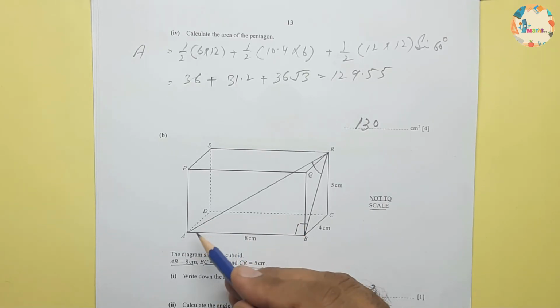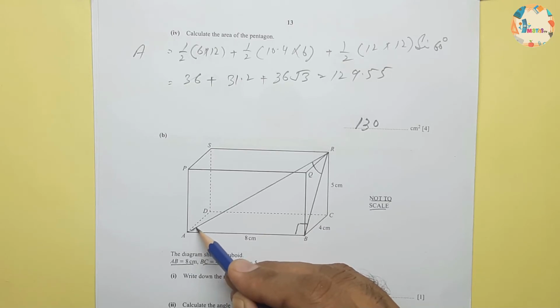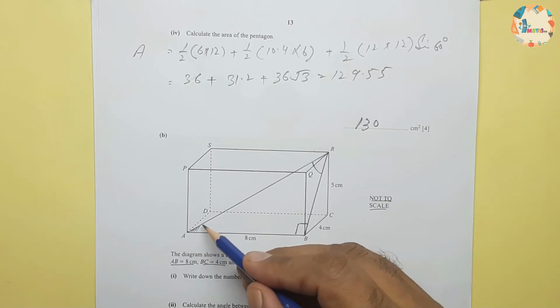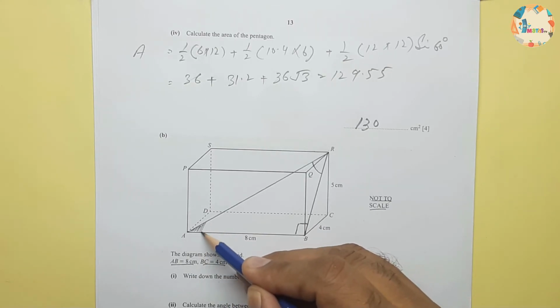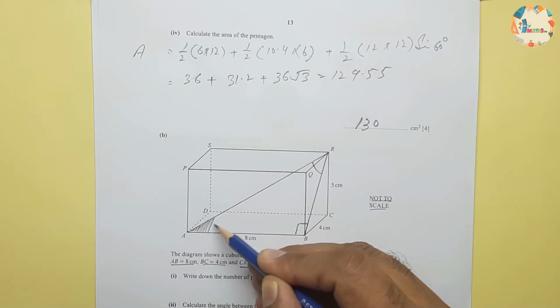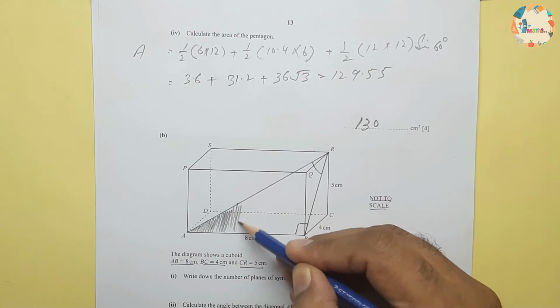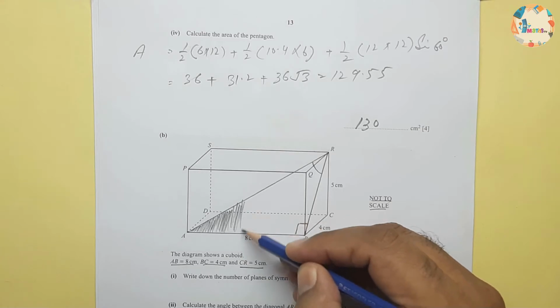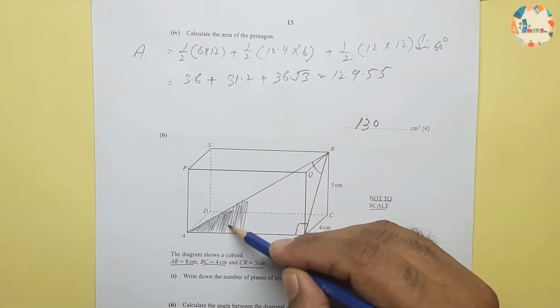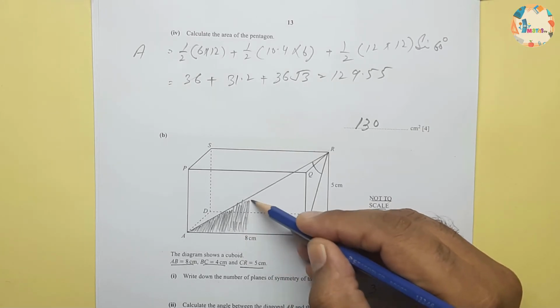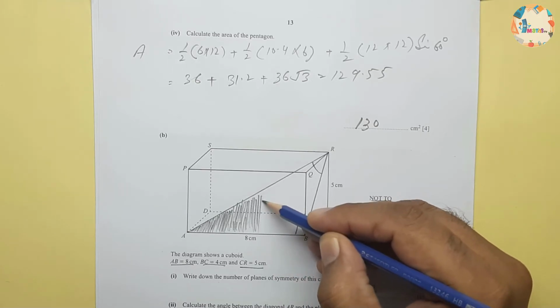And if I shade it for you so that you can get a clearer concept of the triangle we are talking about, then it will be better for your understanding. So this is the triangle which we are considering. Hopefully you are following each and every point,